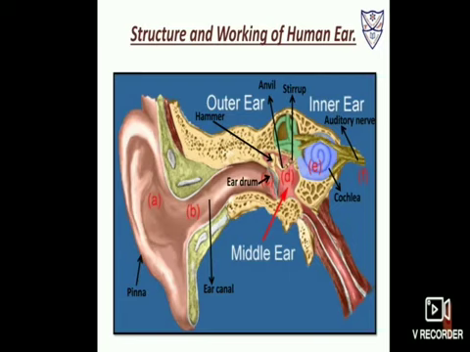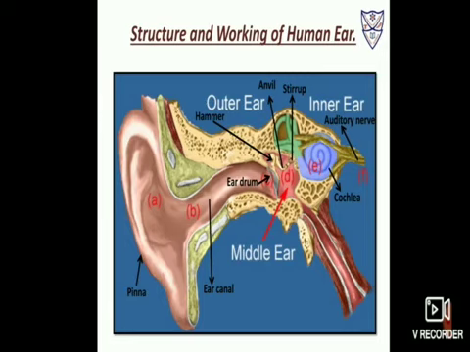What is the work of the pinna? To collect the sound waves from the surroundings. It collects the sound waves, and the sound waves move through the ear canal and reach the eardrum. As soon as they reach the eardrum, they strike it, so the eardrum vibrates. When it vibrates, this vibration reaches the three bones, the hammer, anvil and stirrup. What is the work of these three bones? They amplify the vibration, meaning they make the vibration louder.